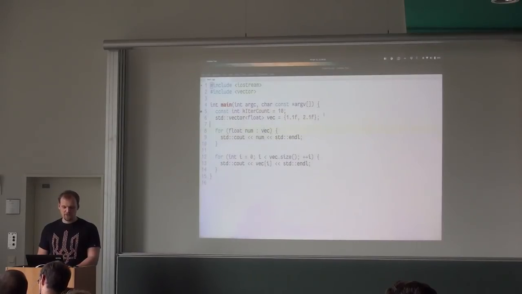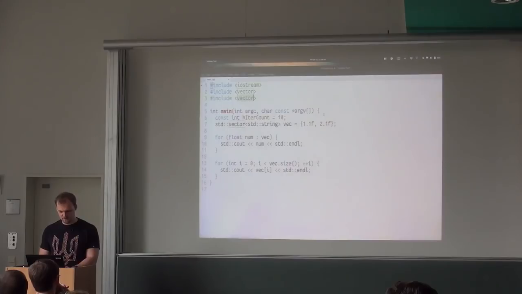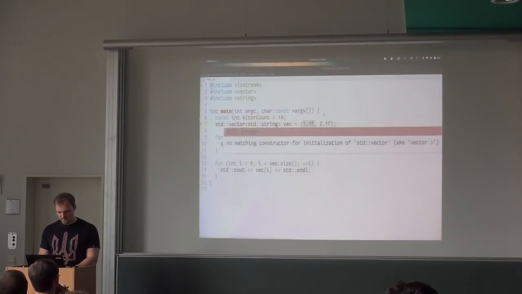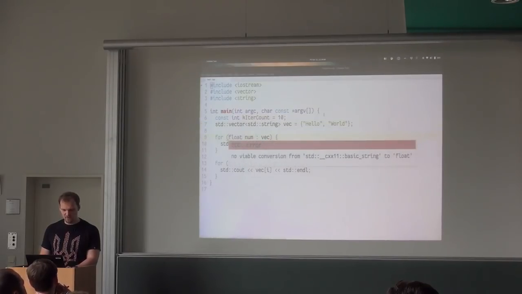Now let's say it's not a float. Let's say it's std string. We need string for that. And these have to be our beloved hello world. Okay, good. So now it's not a num anymore. So it will also check the types and so on.